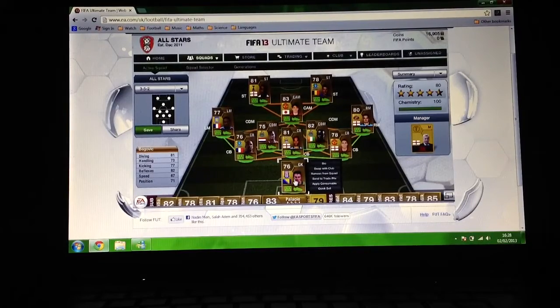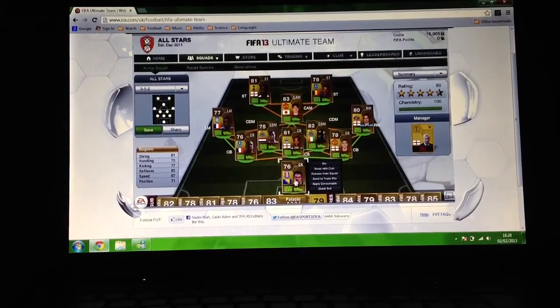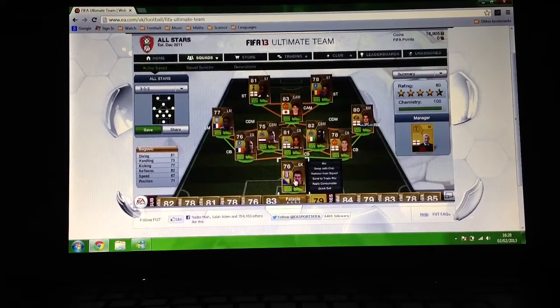4.5 star team, 80 rating, 100 chemistry, and I made this team, including the subs and reserves, from scratch. I didn't use any real money. All the coins I got from matches and discarding packs that I got from pre-ordering FIFA 13. I have only bought one pack so far, and let me just give you this advice: don't buy packs unless it's happy hour, because you'll get shitty packs. Anyway,